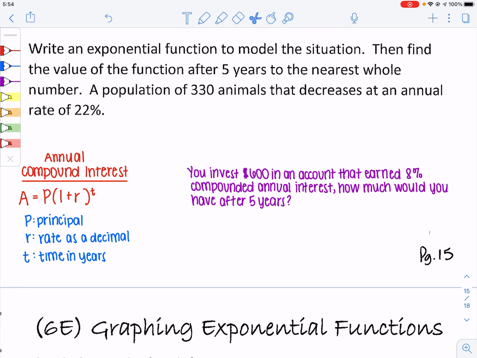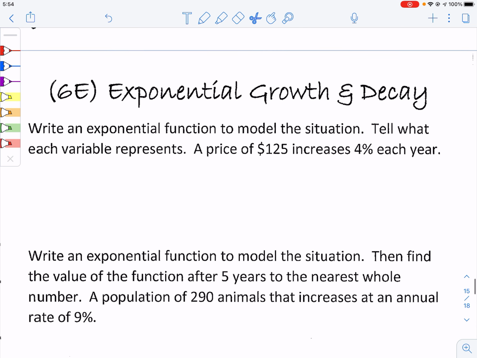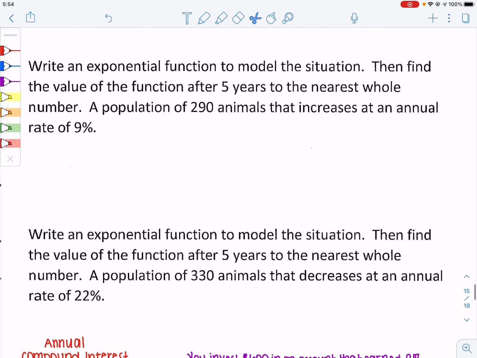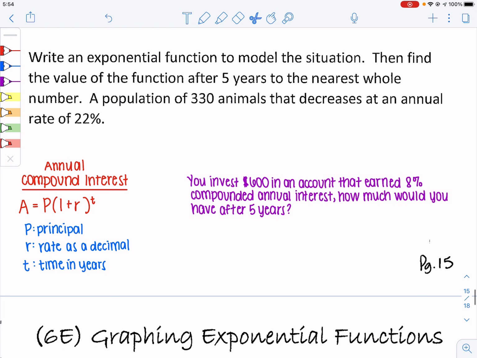So there's one more problem I want you to add to the bottom of these word problems for your 6E notes that you have. So you've just watched a video that talked about exponential growth and decay for different situations, talking about prices, just talking about different life expectancies and things. I also want you to include an example of compound interest, and the interest that we're talking about here is